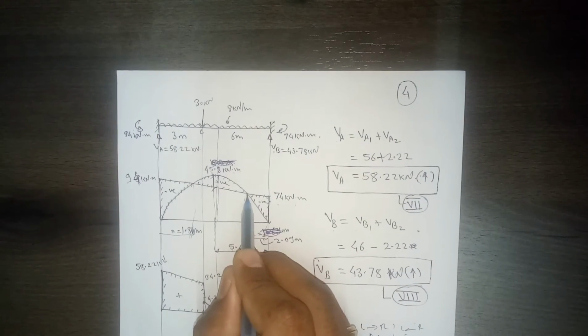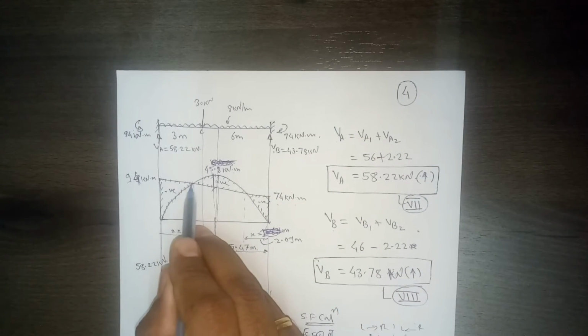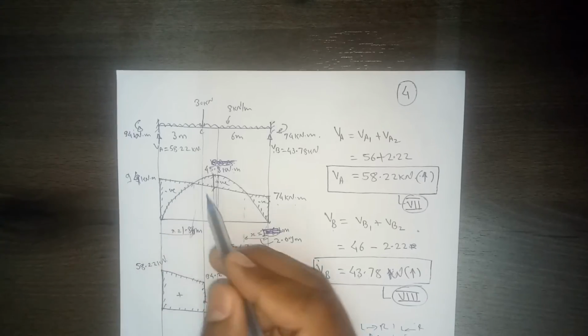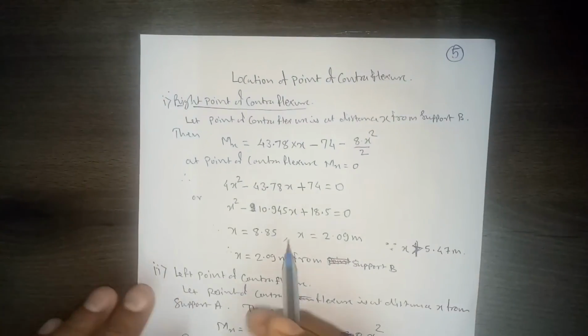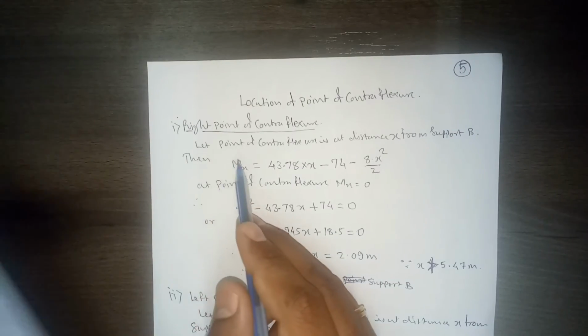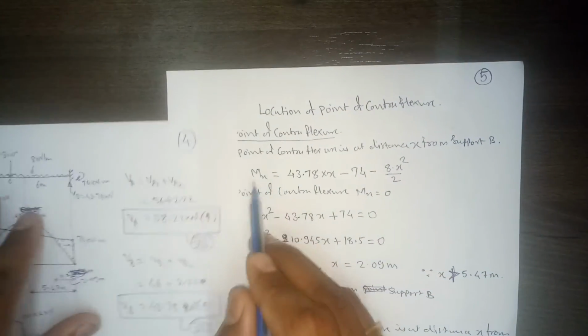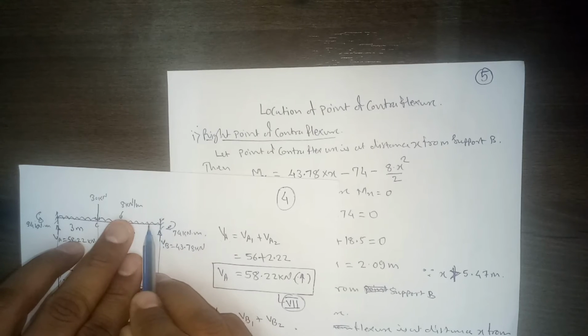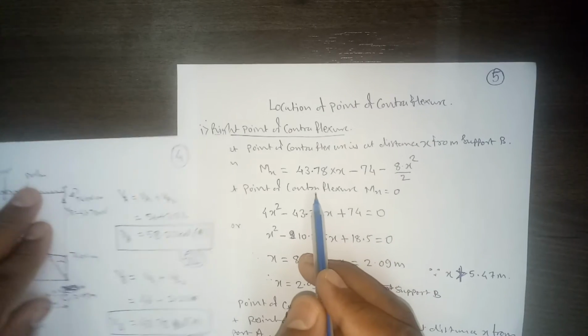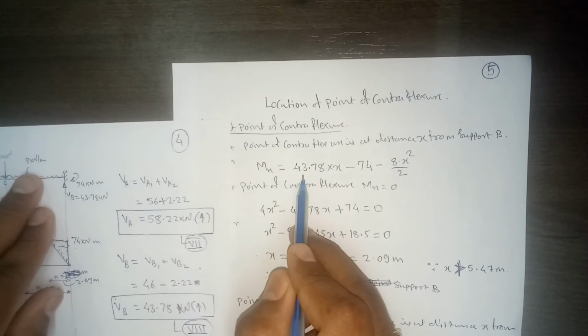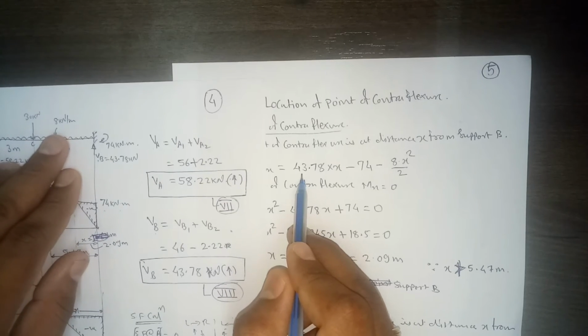We should also calculate the point of contraflexure, where the point of contraflexure will be. So we'll do that calculation. For that, we have to write down the Mx equation. If we want to calculate the right hand side point of contraflexure, I'll write down the Mx equation and equate it to 0. So the Mx equation will be first